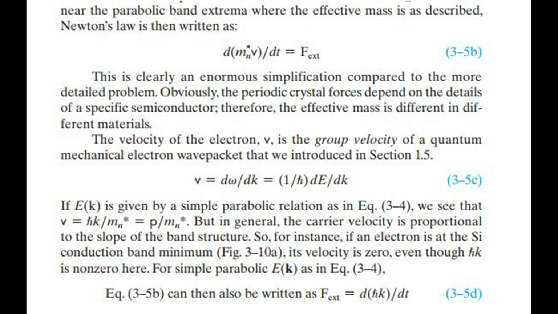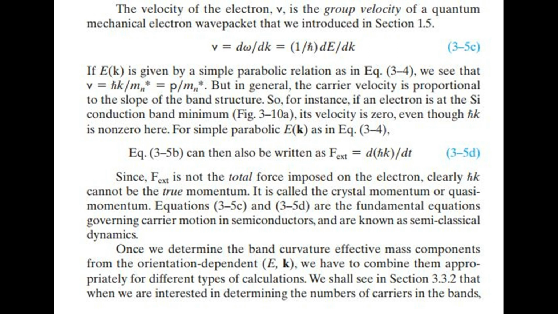So, for instance, if an electron is at the silicon conduction band minimum, Fig 3.10a, its velocity is 0, even though ħk is non-zero here. For simple parabolic E(k), as in Eq. 3.4, Eq. 3.5b can then also be written as